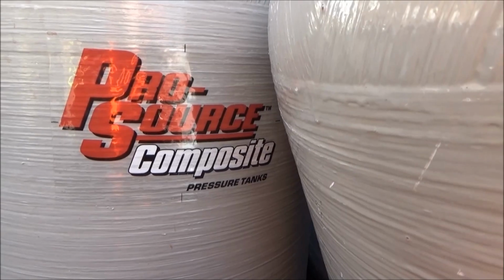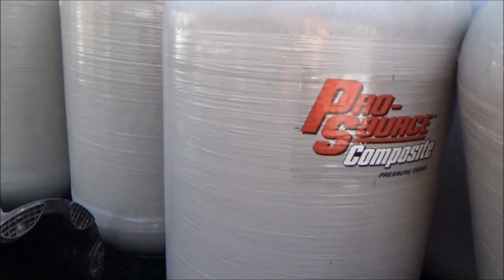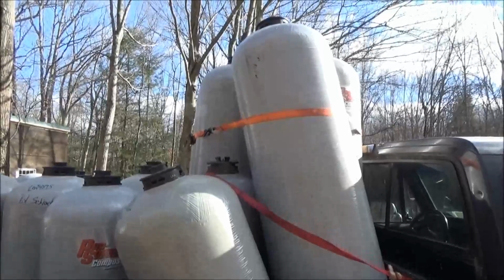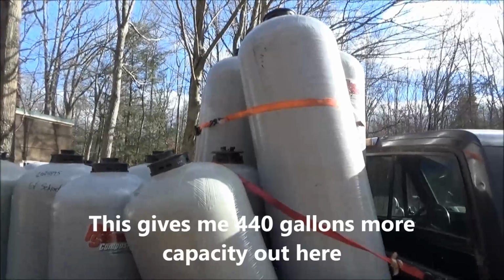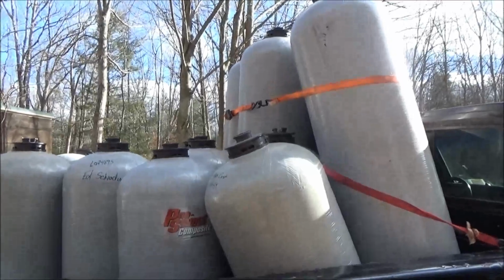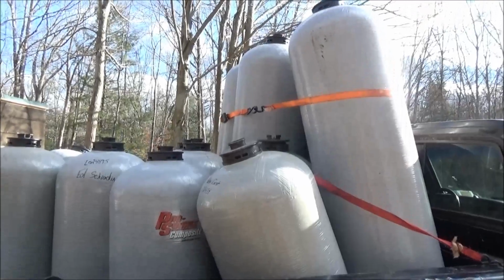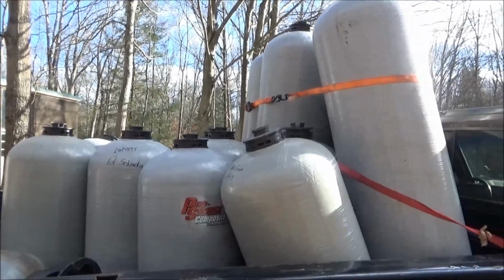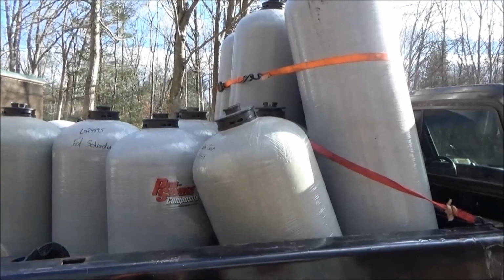They are fiberglass covered pressurized water tanks, and these are going to be rainwater collection system for the tiny house on wheels. This is a super amazing find, and what's exciting is anybody else who would ever like to go off the grid and do such a thing as this can also go to any plumbing place and get these free pressurized water tanks themselves. These were free, and they were on Craigslist, and I went and got the whole load of them